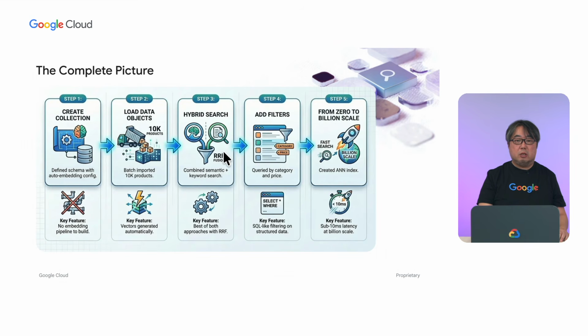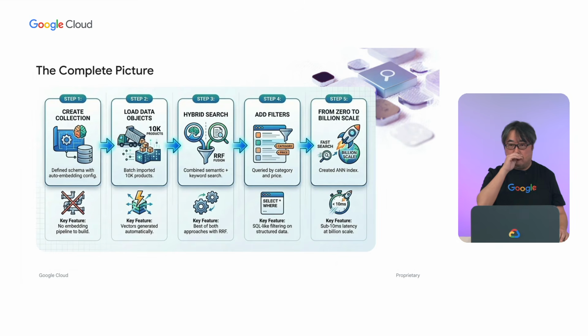So this is a complete picture of the steps I have taken in the demos. First, you would define the collection with the schema. You import the data by using data objects. And you can get started with hybrid search, or maybe you can add filters for complex filtering conditions. So from step 1 to step 4, it only takes about 10 minutes in the case of the Look